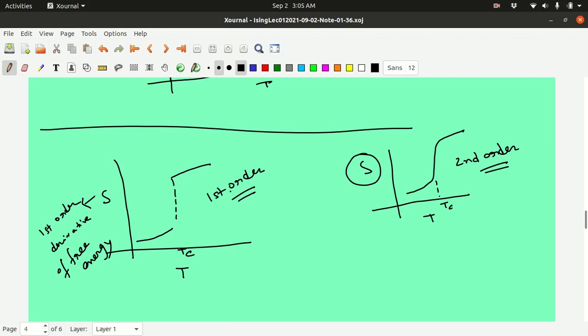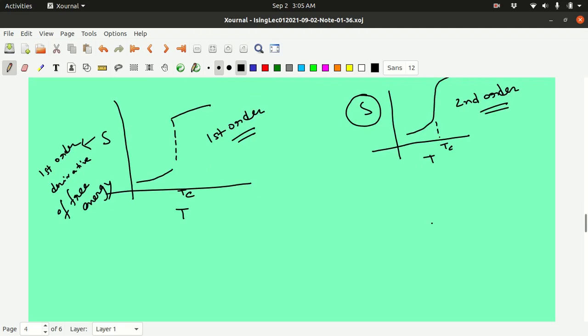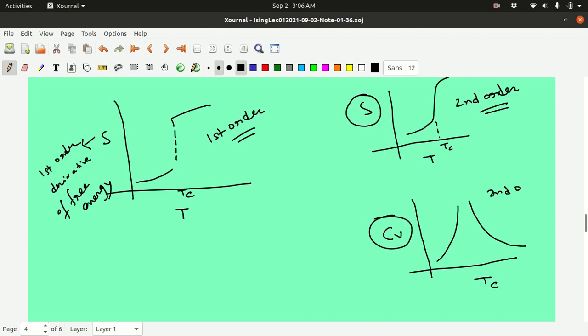But eventually, if you take the second order quantity in the second order phase transition, that will also show a jump. In case of, let's say, Cv, which is defined with the second order derivative of free energy with respect to temperature, if you plot this Cv, it will show a jump in the second order phase transition. It will show a jump because it is a second order derivative of free energy, and from the definition of Ehrenfest, if we have the second order phase transition, then you will get a jump in the second order derivative of free energy, and Cv is calculated